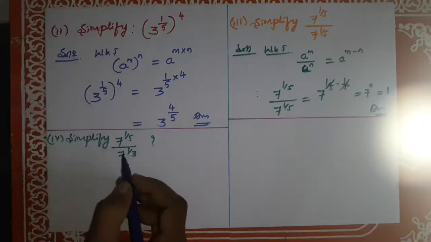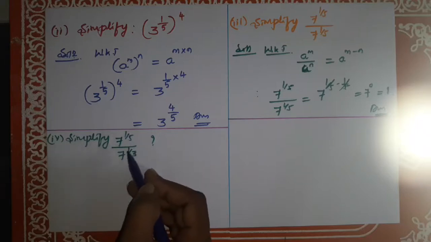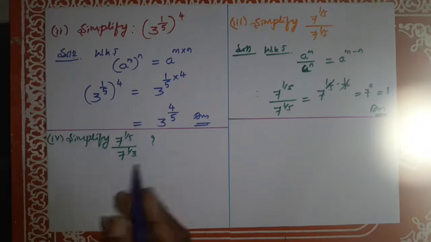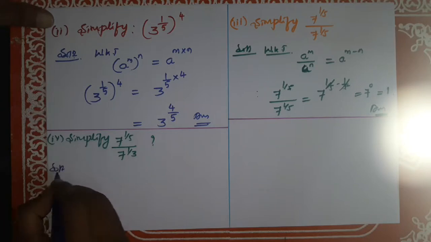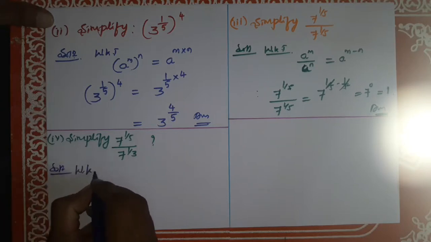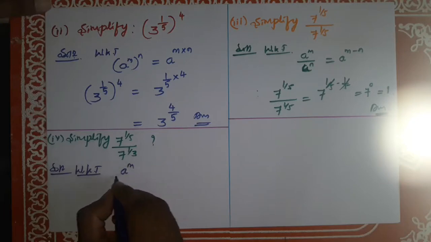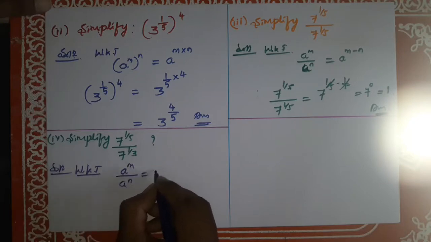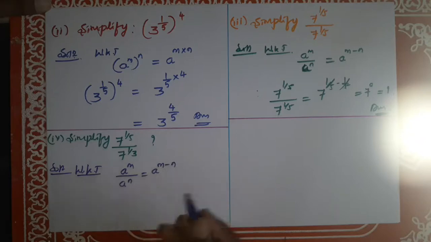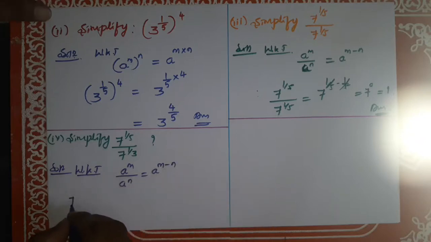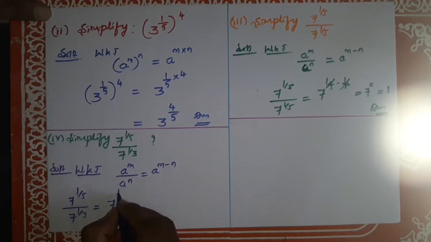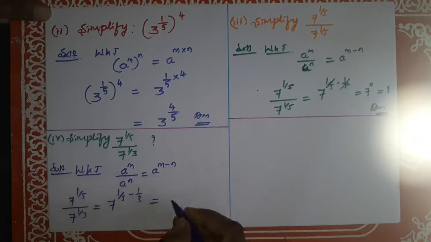Dear students, fourth question we have: simplify 7 to the power of 1 by 5 whole divided by 7 to the power of 1 by 3. Solution, we know the third law of exponents, that is a to the power of m divided by a to the power of n is equal to a to the power of m minus n. Therefore 7 to the power of 1 by 5 divided by 7 to the power of 1 by 3 is equal to 7 to the power of 1 by 5 minus 1 by 3, which is equal to 7 to